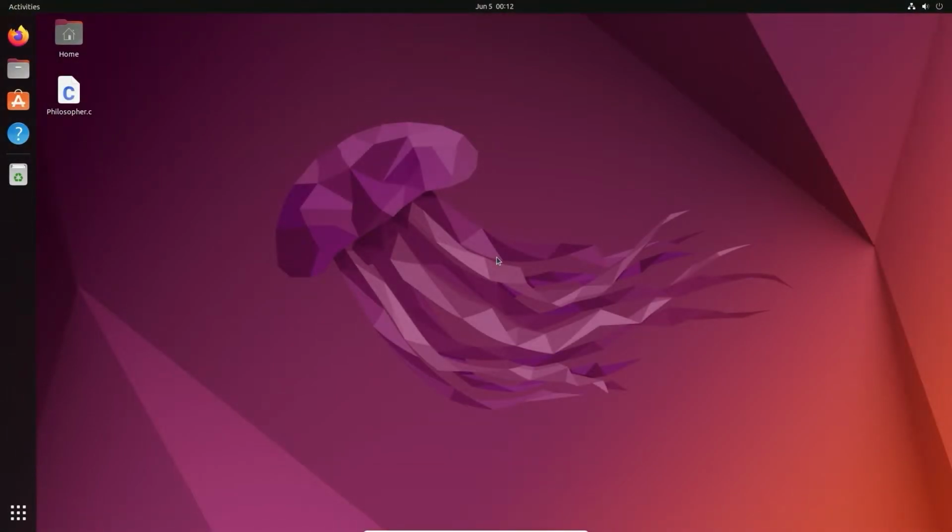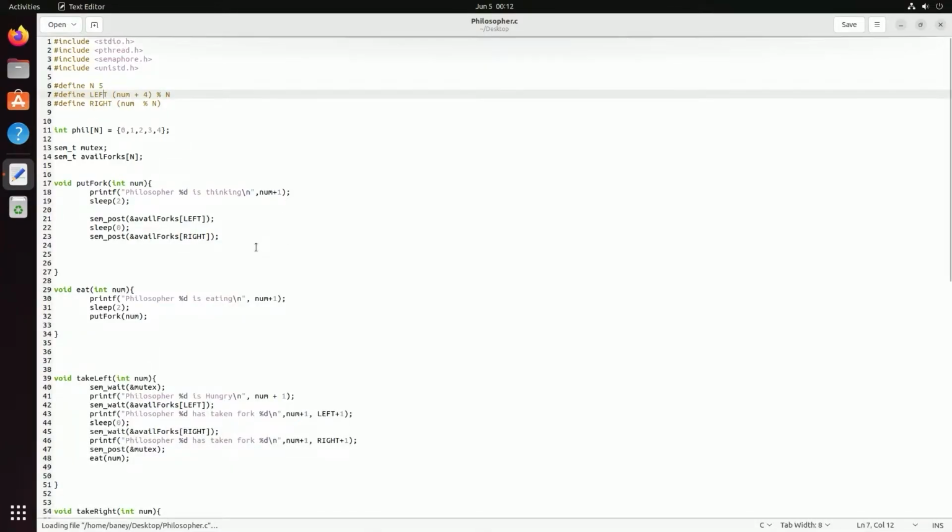So for an introduction, the dining philosopher problem is basically a representation of processes that are sharing the same limited resources. For this problem, I have already created a program to solve it. As you can see right here, for an overview, this program actually is dependent on the